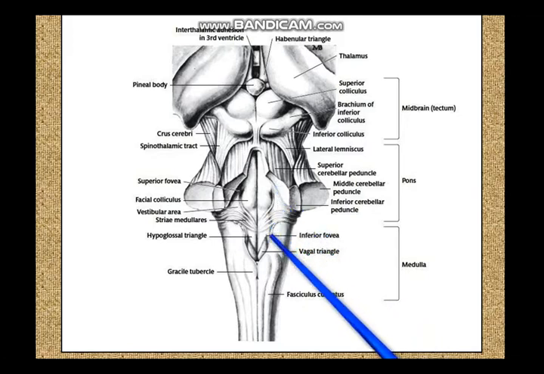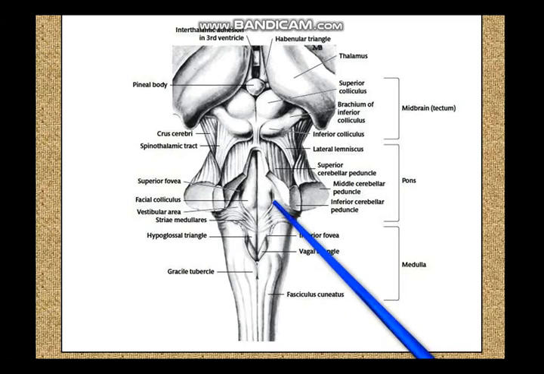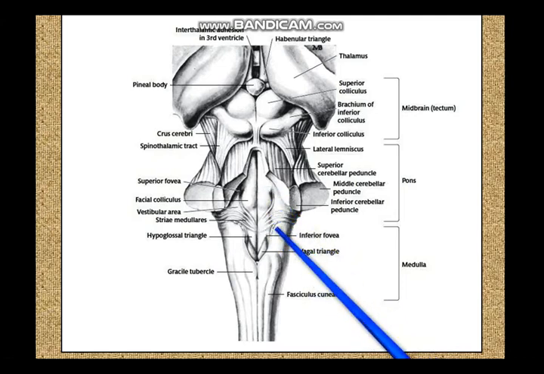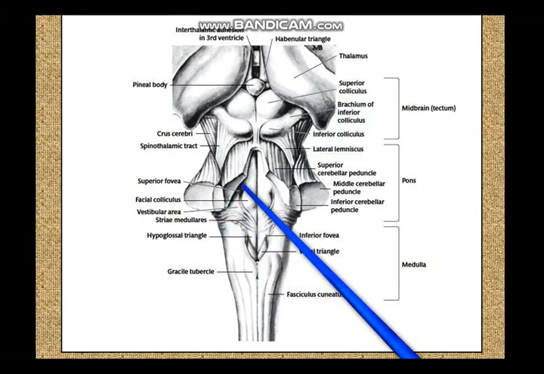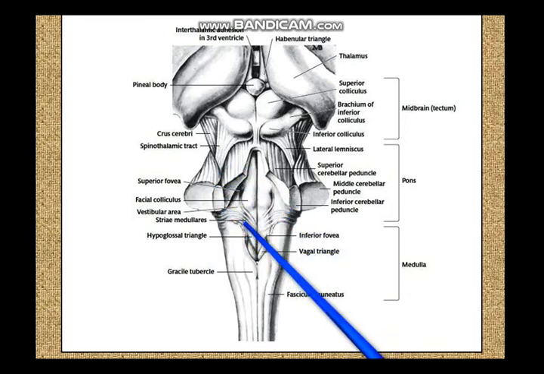So this whole thing lateral to the sulcus limitans is the vestibular area, which is partly in the pons and partly in the medulla. Now what about the cochlear nuclei? The cochlear nuclei are deep into this pocket, so you actually cannot see them from the surface, and they are not part of the floor of the fourth ventricle, but they are deep to these corner pockets over here, the dorsal and ventral cochlear nuclei.